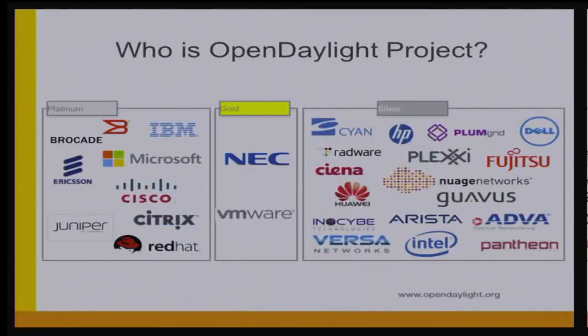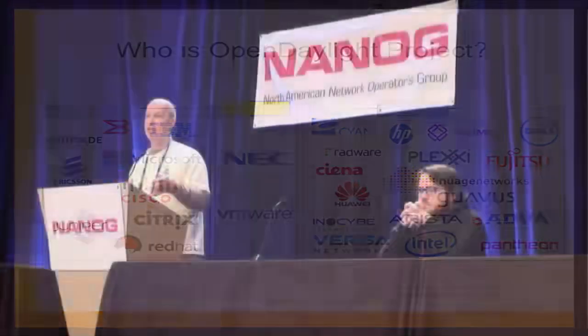Who's in it? Well, everybody, or at least most of the vendors, are in it. There are three membership levels, and basically you don't need to be a member to either get the code or contribute. You can even get on the technical steering committee or even on the board without being a member. But platinum membership comes with some board seats and things like that, and then gold and silver have their own things. There are quite a few familiar names involved.